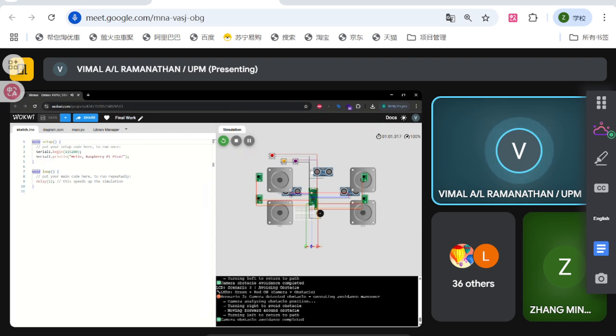And the last scenario: let's say there's a camera failure and then there's an obstacle in front. One more thing: if the obstacle is there and then we remove the obstacle, and the camera is working fine, it goes back to the same logic where it continues moving forward using the default function. So the last one is camera plus obstacle. We can see here, if there's an object and